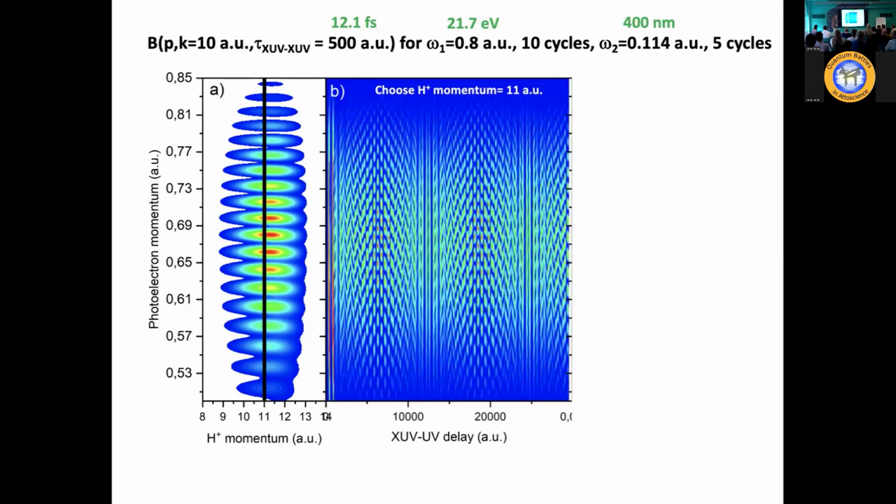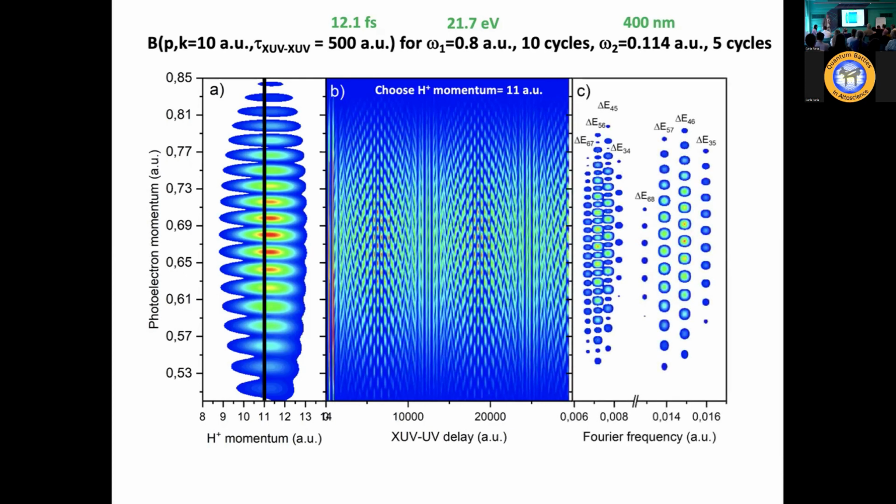In this case, actually, the probe laser was a UV laser. That's why it's called XUV UV delay here. Okay, so that leads to this nice looking carpet that, of course, again, we treat by means of Fourier transformation. And that is then basically where, again, just like in the experiment, we see that all the time-dependent behavior is explained by a finite number of